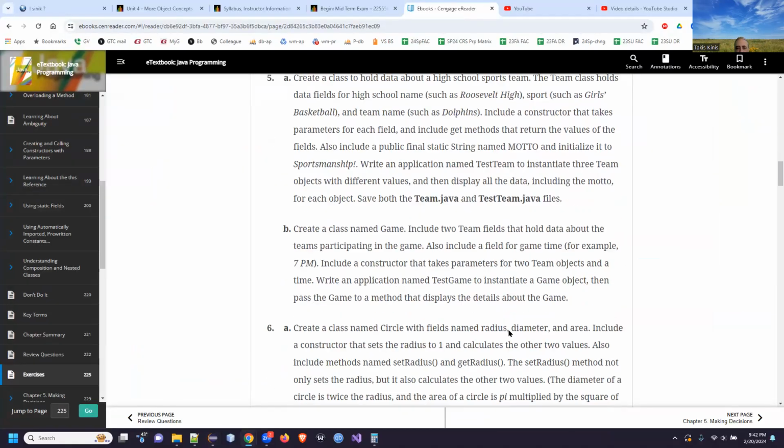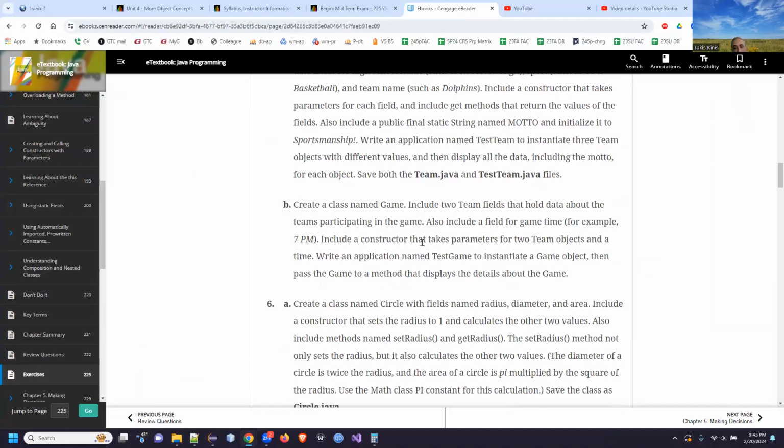Now I seem to remember that this also had a part B, and it does. And it's saying that we need to create another class file called game. All right, so let's read this. Create a class named game, include 2 team fields that hold data about the teams participating in the game. Also include a field for the game time, for example, 7 p.m. Include a constructor that takes parameters for 2 team objects and a time. Write an application called test game to instantiate it, then pass the game to a method that displays the details